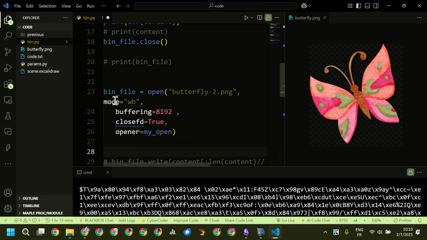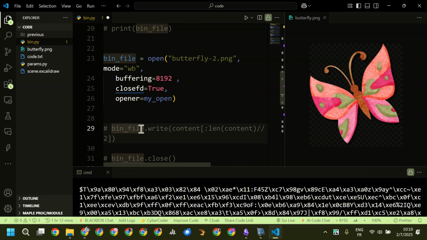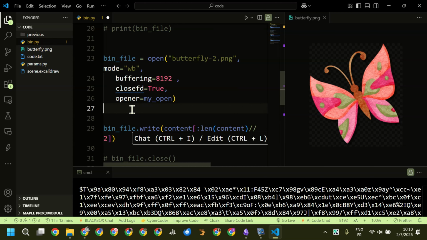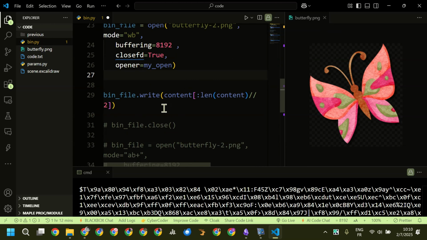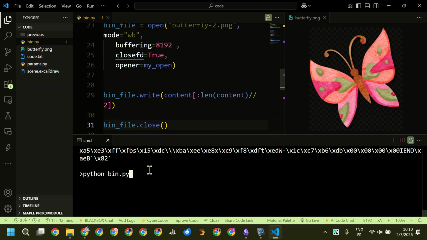We change only the mode to writing mode and binary. Then we will write a content calling the method write. We will not write our previous content. We will write half of it to see what it will create for us, and then we will close our file again. So if I run the code,